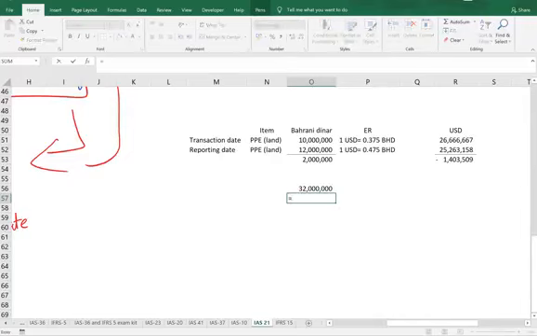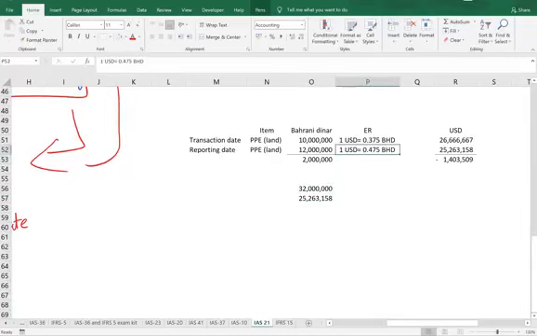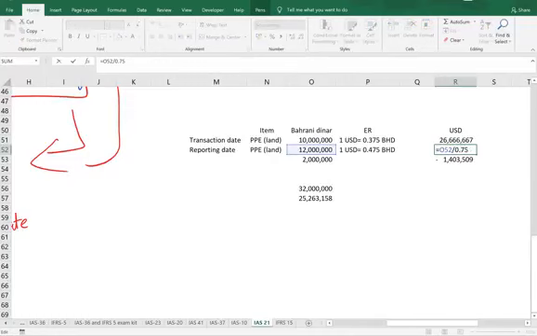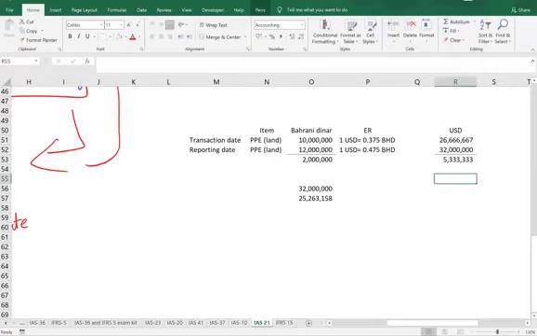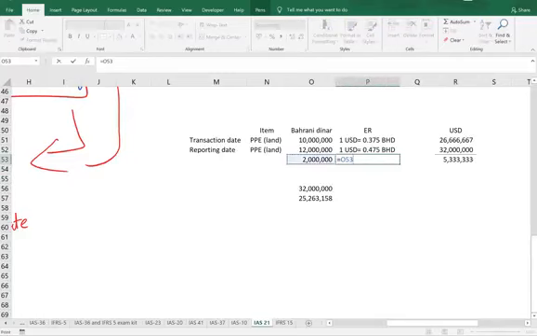And 12 million at the new value will get you 25,263,158, right? So if the exchange rate wouldn't have changed, I would have actually made money on this. That means I would have witnessed a gain of 5.33 million, positive 5 million, instead of the minus 1.4 million. Exactly. So this can also be calculated